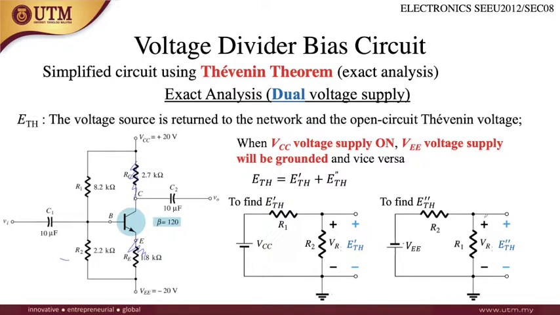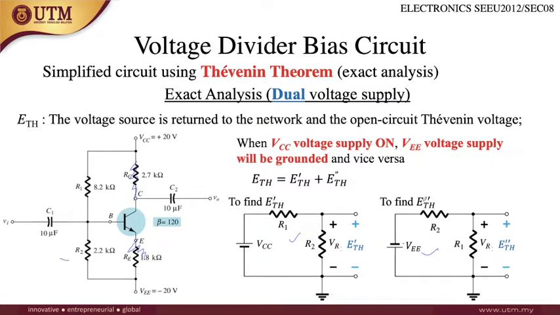And then from here, since it is parallel, the voltage of E prime prime TH is going to be here. Right? So again, if you are confused about why the configuration is like this, what you need to do is turn this circuit the other way around. Turn the paper the other way around. The configuration should be like this. Right? Okay, so now once you get the configuration correct,